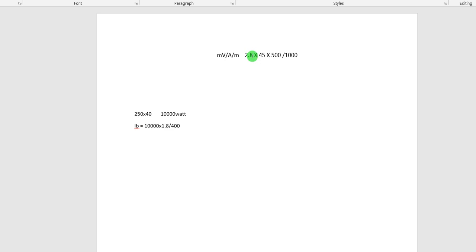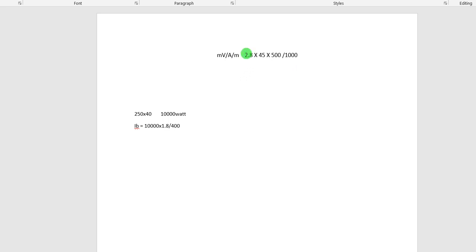That is the standard, a constant factor. This 1000 is also a constant factor. This 1000 is to enable us to divide the whole of this, to convert it to millivolts. We are converting the whole of this from volts to millivolts. So we are getting millivolts. All right. That is, the voltage drop is going to be in the millivolts range. So we are converting it by dividing by 1000.